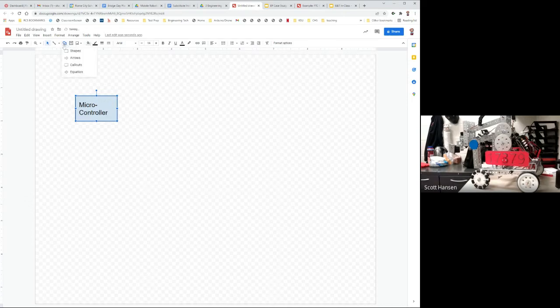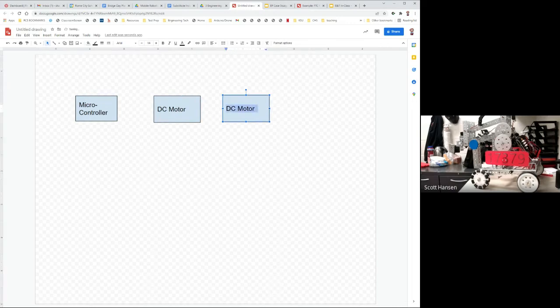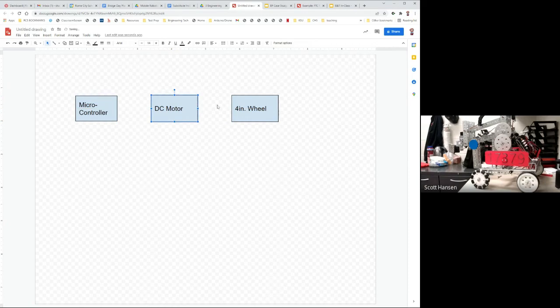Make that a little bit bigger. Let me add another block here. For example, my controller might control a DC motor. Let me grab that DC motor, Control C, Control V. That might control a 4-inch wheel. So here I've got different components of my project that I can isolate